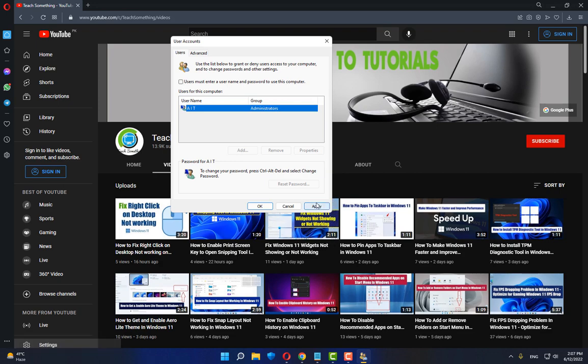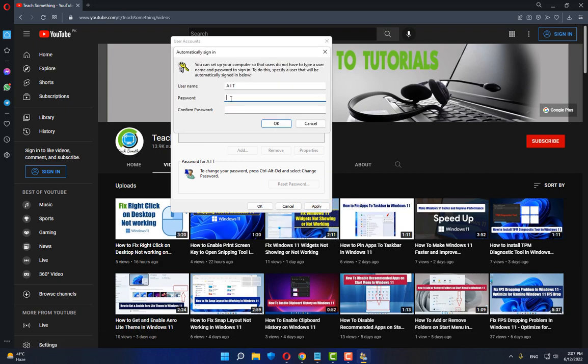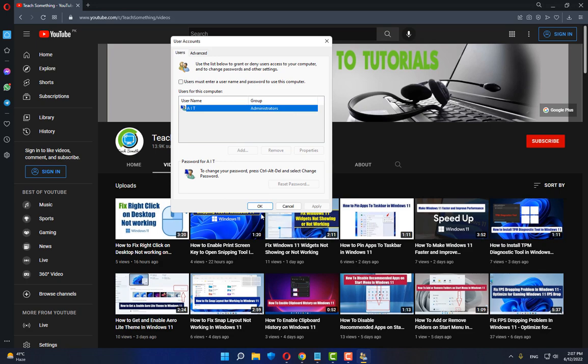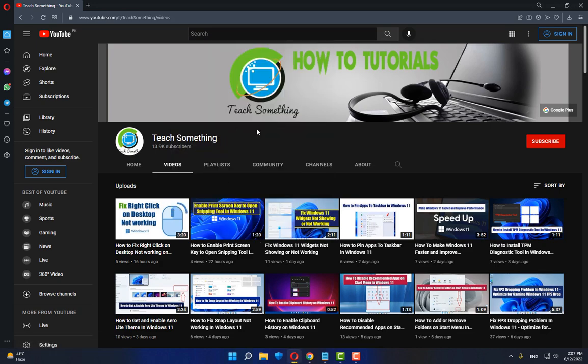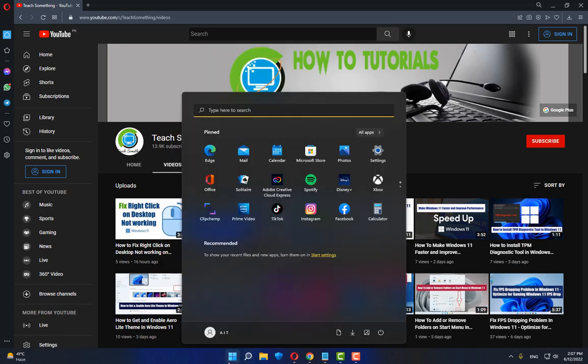After doing this step, uncheck "Users must enter a user name and password to use this computer." Uncheck it. Click on Apply. Enter your password. Confirm password. Click on the OK button and click on OK. After doing this step, restart your computer, and after restarting your computer,